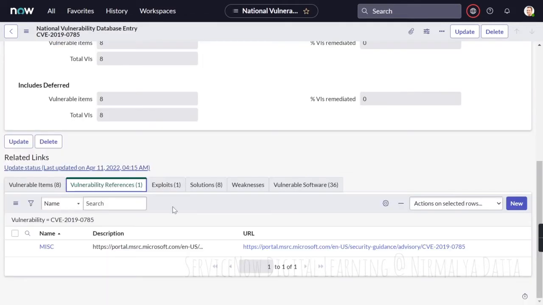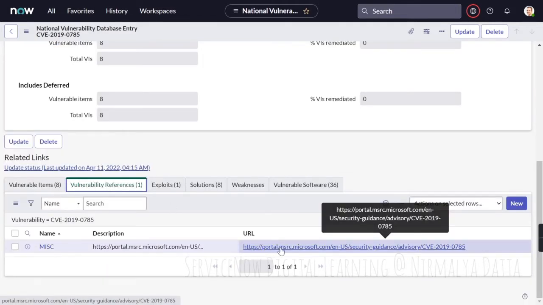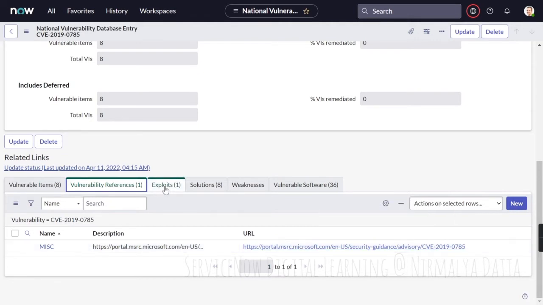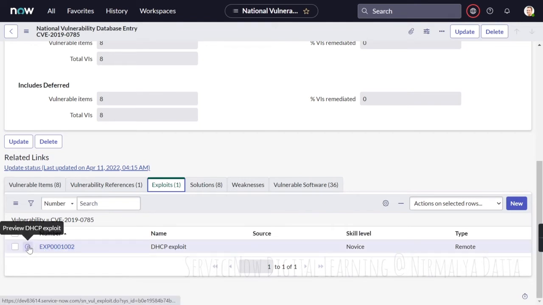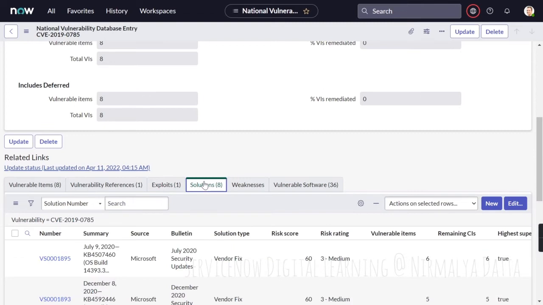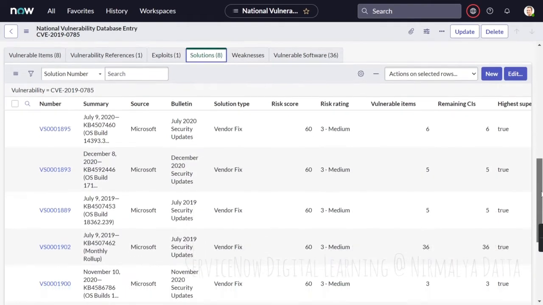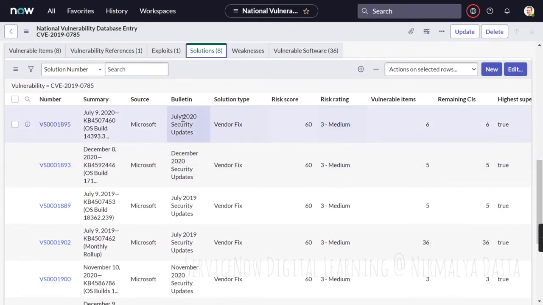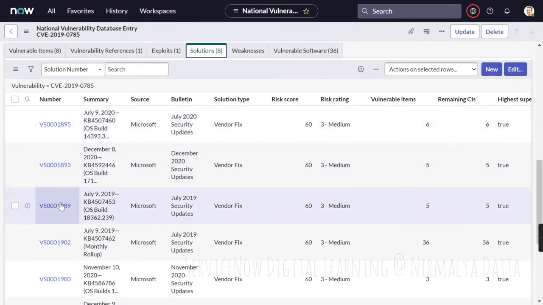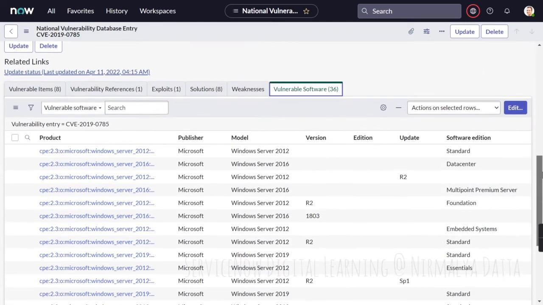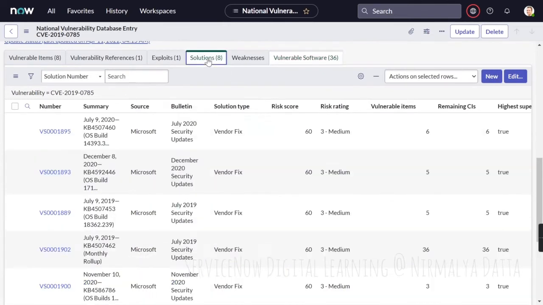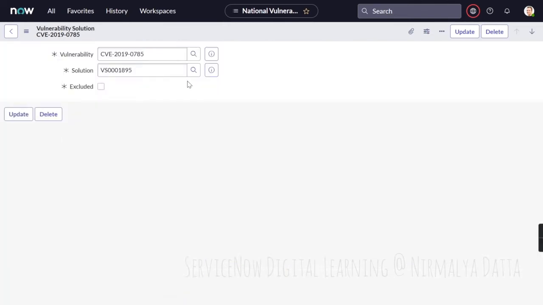In addition to that, it also provides the references for this particular vulnerability with a direct URL to that. Through the integration of Shodan, you can bring in the exploit information related to this vulnerability, which can be looked at further. It also provides the solutions, that is, how to remediate this particular vulnerability from the same form itself, through the related links. It also provides details about the weaknesses and the software which are vulnerable to this particular vulnerability. Scrolling down to the solutions,